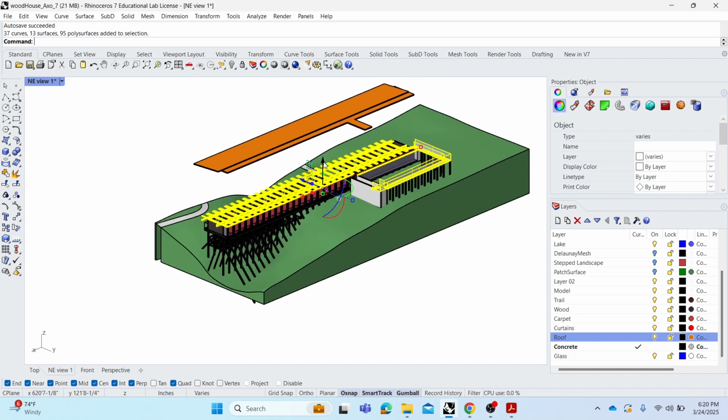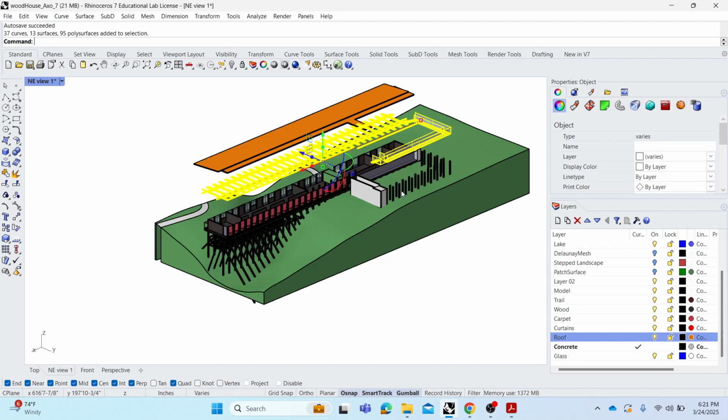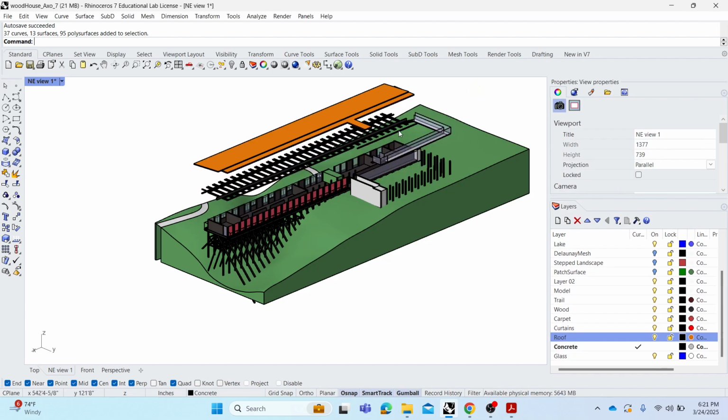I'm going to click the green gumball arrow. I'm going to change this to 250. There's intervals of 250. So now I can see all these elements are all spaced in intervals of 250. Now I can still see inside, I can still see the structure. Maybe I also want to